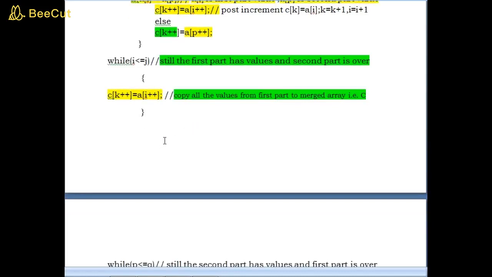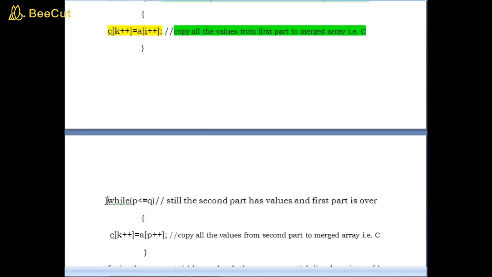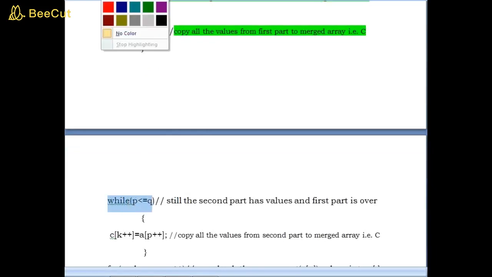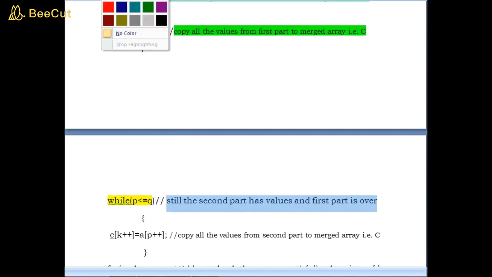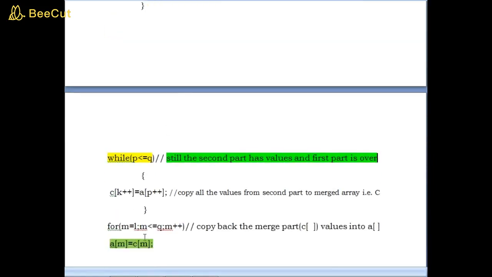Similarly, what is the other possibility? There is a chance that the second part has some values, but the first part is completed. See here, while p is less than or equal to q means the second part still has some values, but the first part is completed. Then we have to copy all the second part values, that is a of p plus plus should be stored in the merged array c of k plus plus.